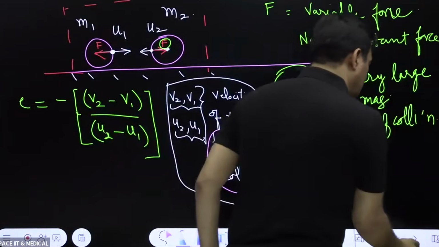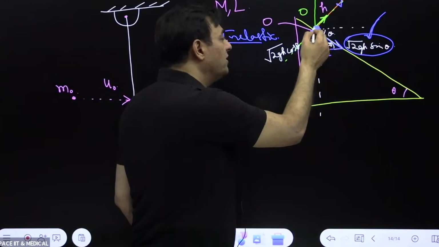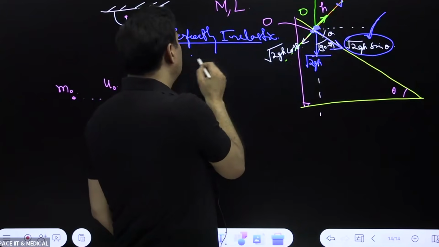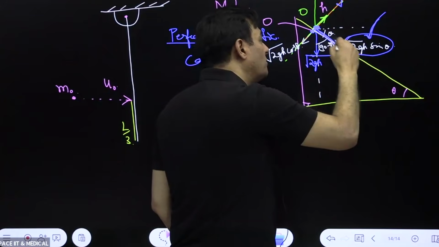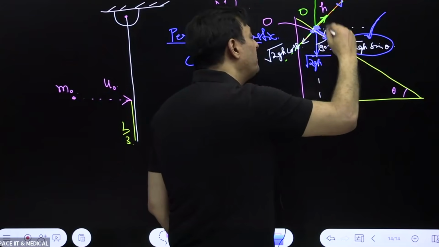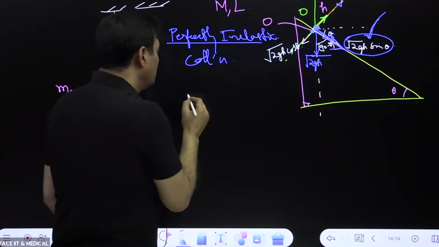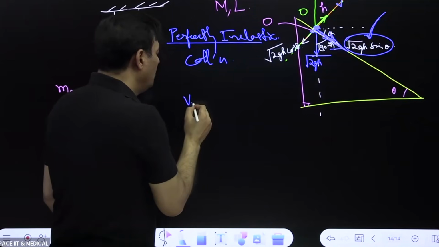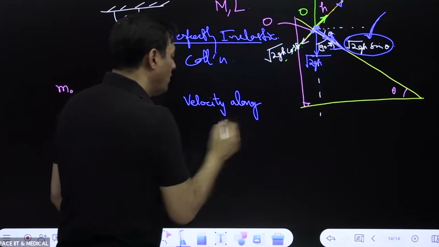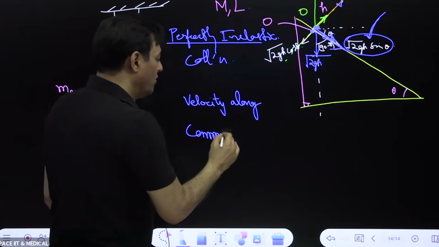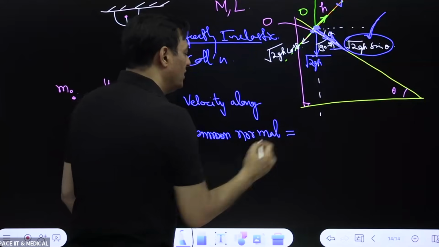See, in this case, just now I gave you an example. The ball, though it is a perfectly inelastic collision, still has a velocity parallel to the common surface. It doesn't have a velocity perpendicular. For the perpendicular direction, the separation velocity will become zero. The velocity along the common normal should be the same